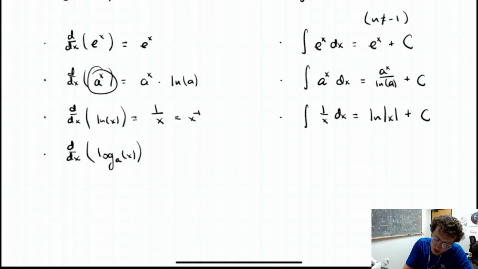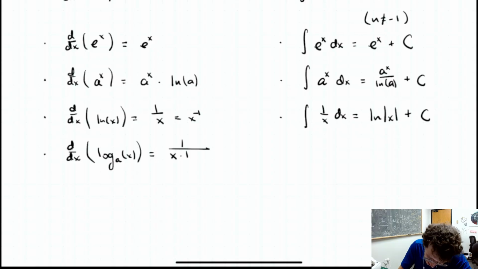The inverse of the exponential function with base a is called log base a, and the derivative of this is 1 over x times the ln of a. And there's not really a corresponding rule for antiderivatives, because if you were ever given this thing and asked to integrate,